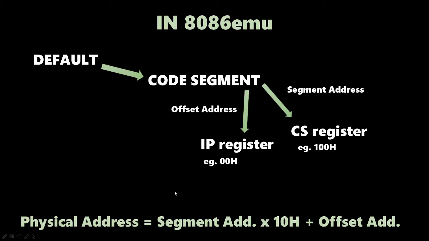Now another thing to know is, when we know the segment address and the offset address of a particular instruction, then we can calculate the actual physical address of that location in the memory. This I have discussed in detail in my theoretical videos. This is just to show you the practical part in this 8086 emulator. So the physical address of a location in our memory is calculated by multiplying the segment address that we get from our CS register by 10, which is a hexadecimal number, plus the offset address that we get from our IP register. So let's jump into our emulator to see how that works.